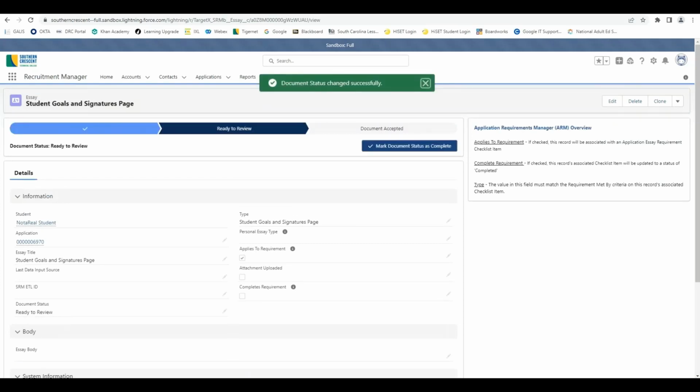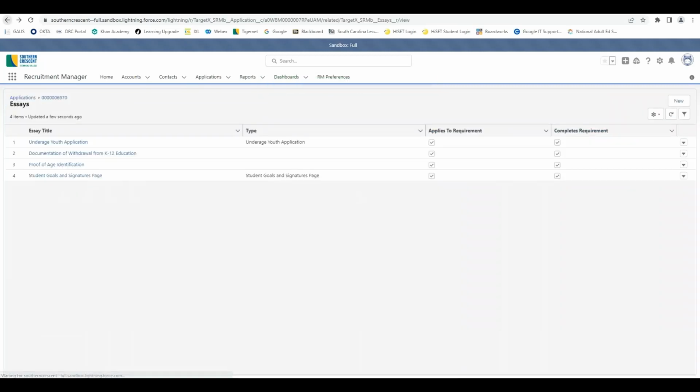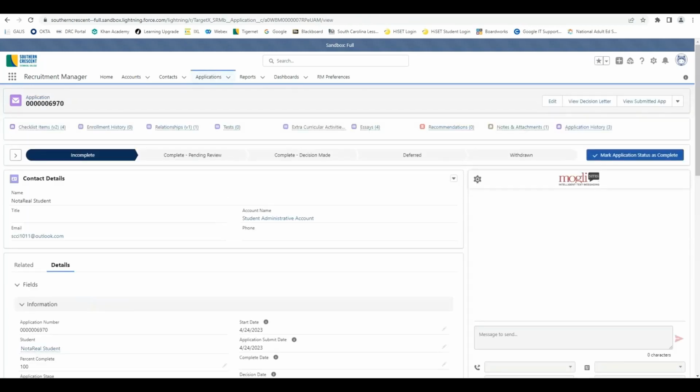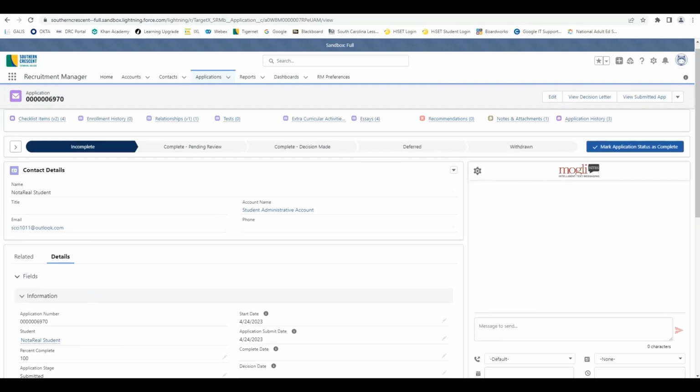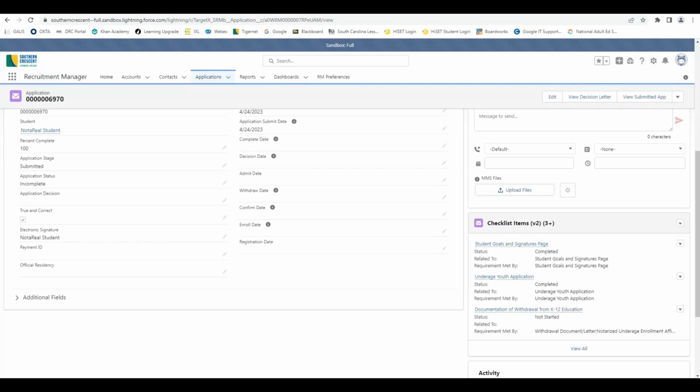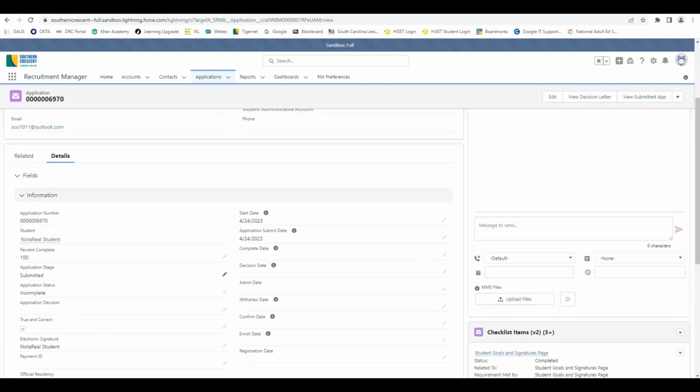We're going to mark this last document as accepted. And now when you click back, you will see to the right here that we have reviewed and all of the documents are complete as required. You want to go back to the student's application. After you have completely reviewed all of the information and are satisfied that this student is ready to attend an orientation session,